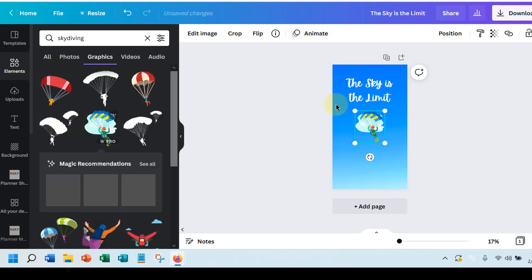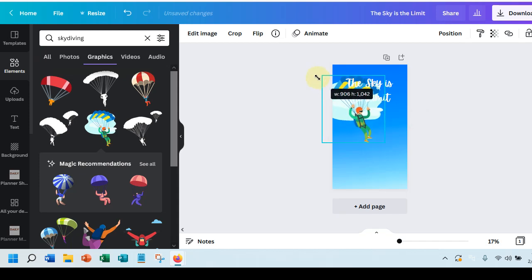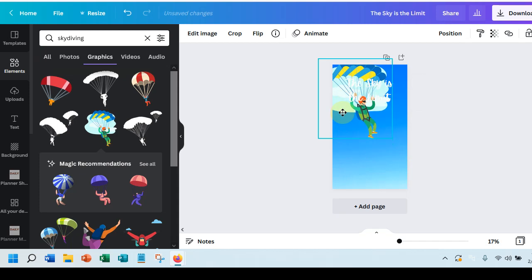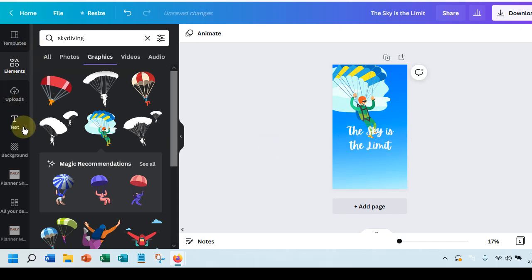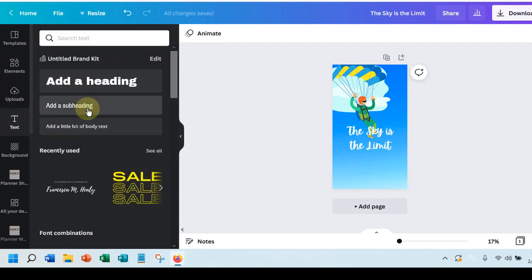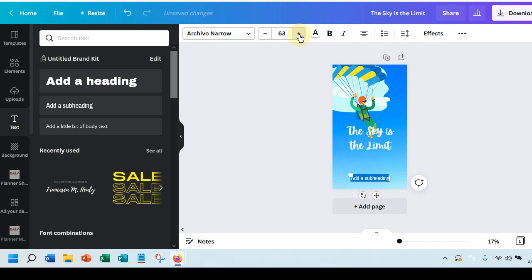Okay, so we'll use this image. I'm going to make it a little bit large. And maybe pull my text down here. And then I will put some more text on here and I'll just put, see how small that is? That's really small, but we're going to roll with it. And I'm going to make it larger. And then I'll just put my website maybe. So really great